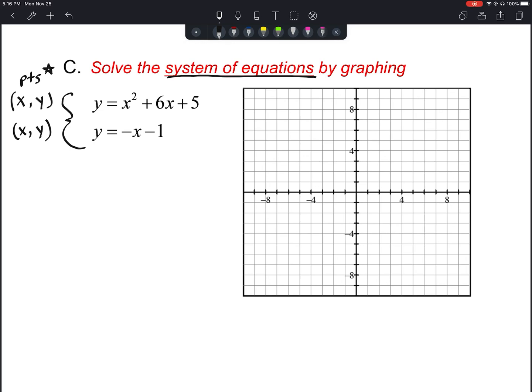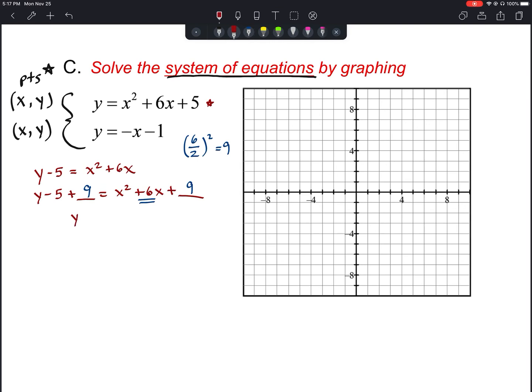For the first one there, the y equals x squared plus 6x plus 5, you can graph that any way you know how. I would suggest to you maybe going ahead there and practicing completing the square, right? Make sure you subtract your c term from each side. And then look to complete the square. We have y minus 5 plus blank is equal to x squared plus 6x plus blank. And we know that we take this middle number here, we divide it by 2 and square it. So when you do that, when you take 6 divided by 2 and then you square that number, that would equal 9. So we're going to have to add 9 to the right side and the left side of the